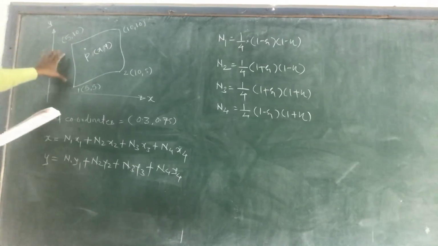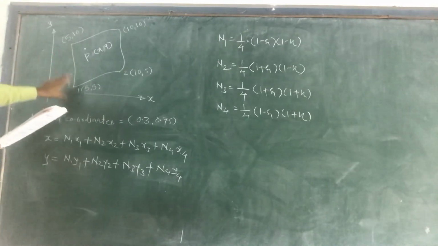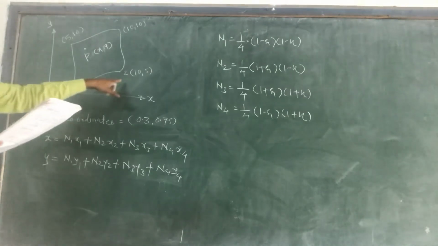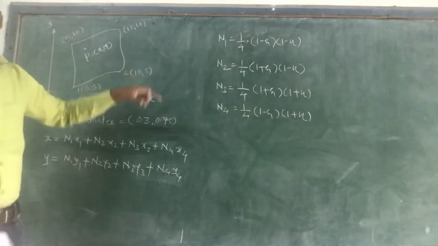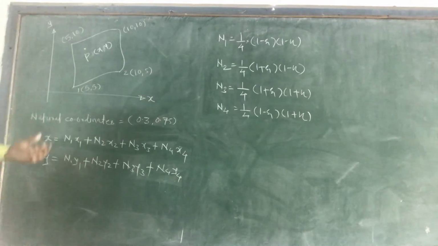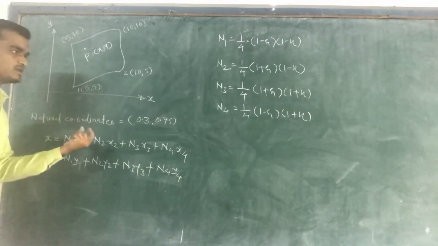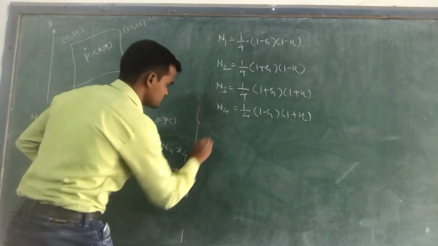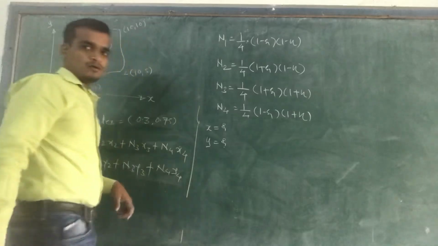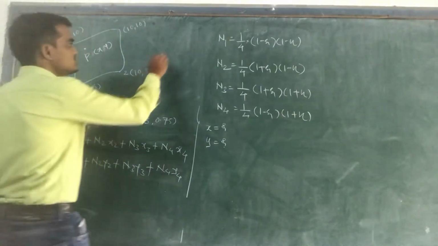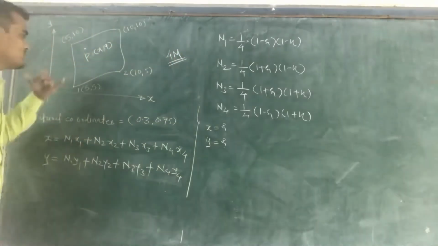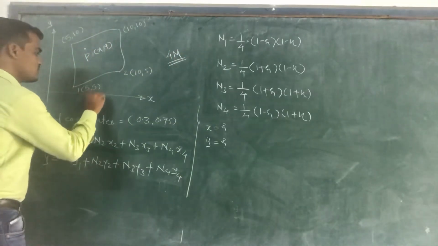Okay, and the remaining data is given: for point 1 the coordinates x1 is equal to 5, y1 is equal to 5, for point 2 x2 is equal to 10, y2 is equal to 5, and similarly x3, y3 and x4, y4 are given, and it is asked to find the global coordinates. Okay, so global coordinates means we need to find x and y. The example is very simple. Such examples will be asked for 4 marks. So first they have given these x1, y1 values.